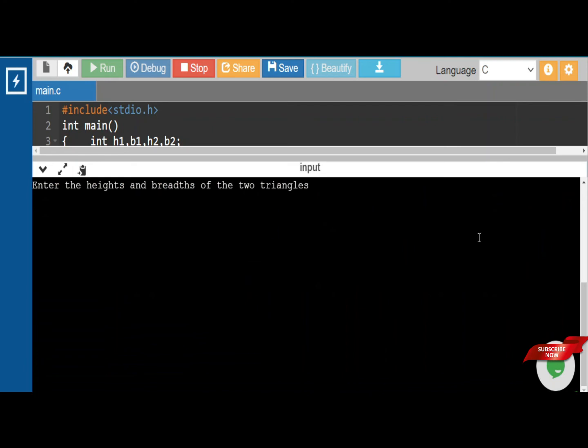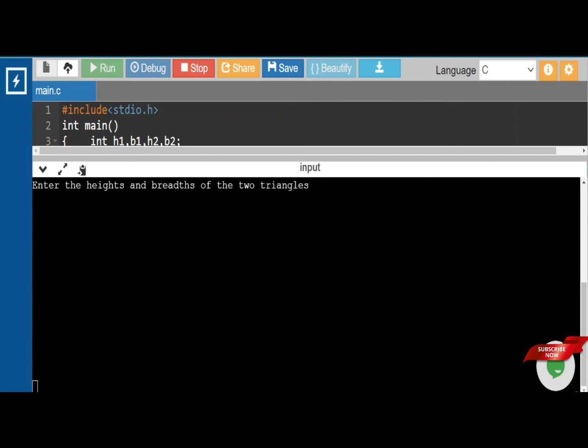Yeah, see here, enter the heights and breadths of two triangles, right? Let me give what they have given in the question.